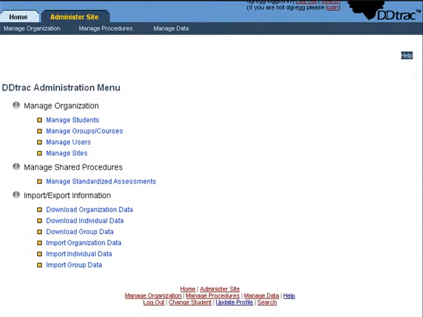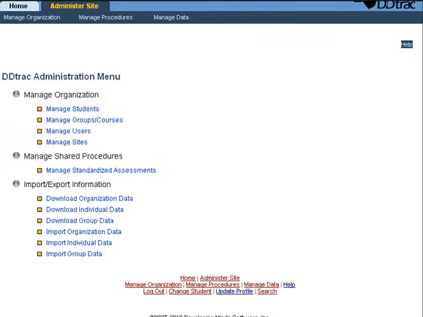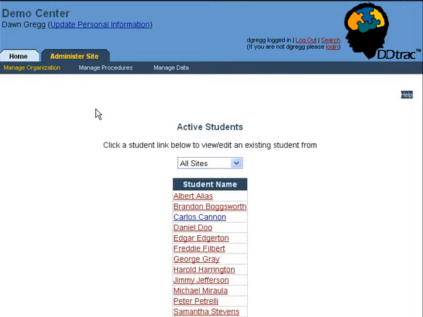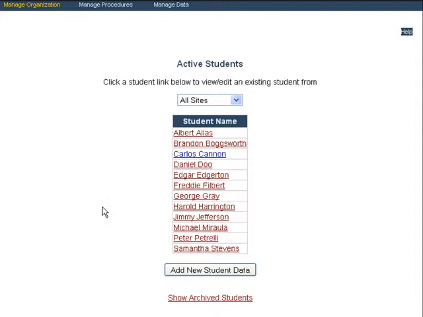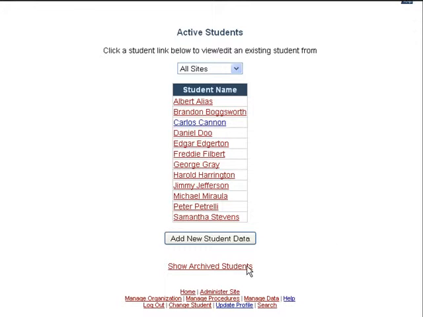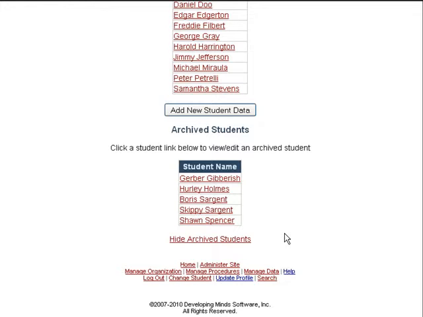Under Administer Site, you have several options. The first option is really to manage your organization, which is what we're going to be talking about today. You can manage your students, your groups and courses, your users, and your sites. Under Manage Students, you see a list of all of your active students, and you also can show archive students. These are students that used to be active at your organization, but for some reason you're no longer taking